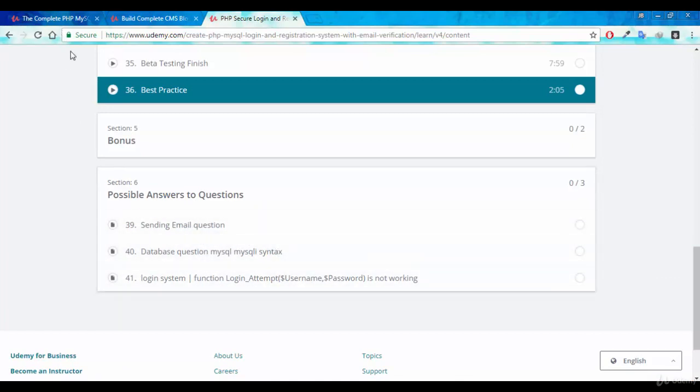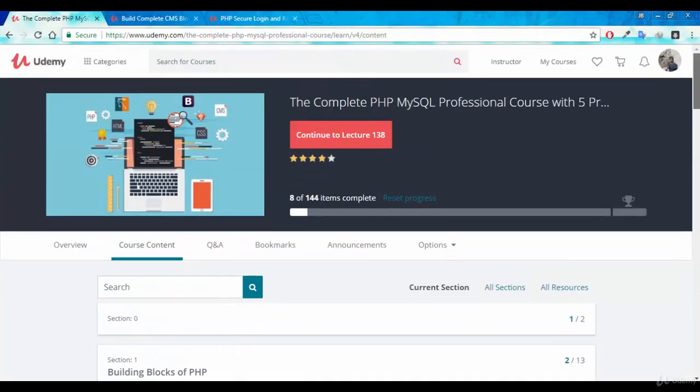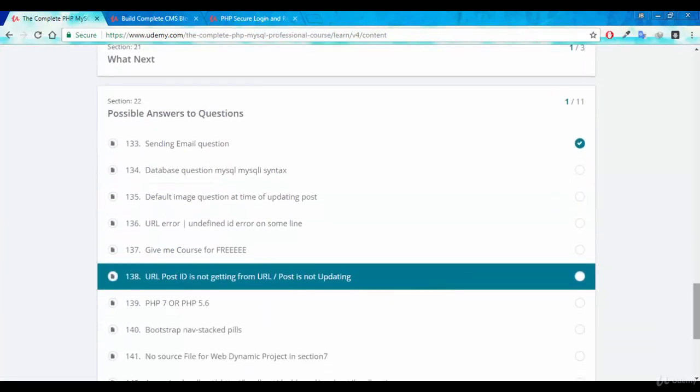Now let me show you how you can use this section to resolve your issue all by yourself. For example, inside the complete PHP MySQL professional course, inside the last section of possible answers to questions, you can see the headings of these lectures. If you have some problem with the email process, you can find the relevant keyword inside the section, and I can find email right here. So my email question will be answered here inside this sending email question. If I click on this lecture,